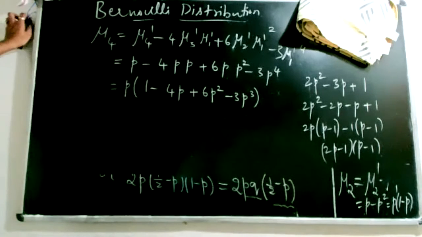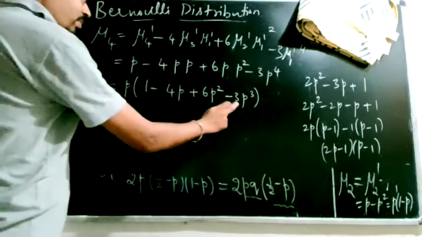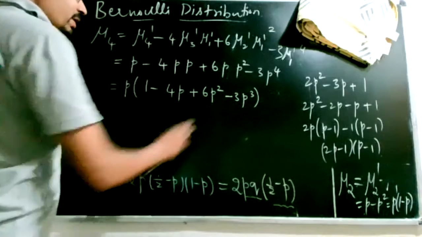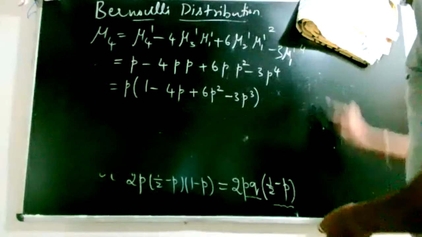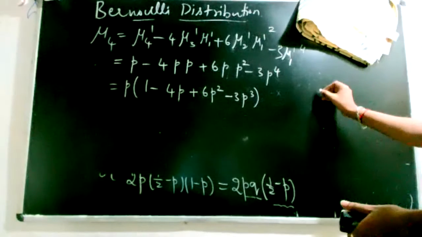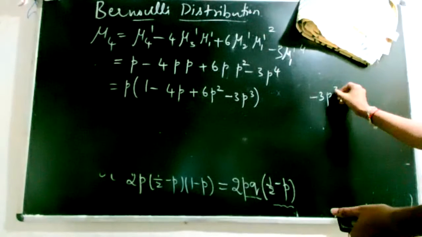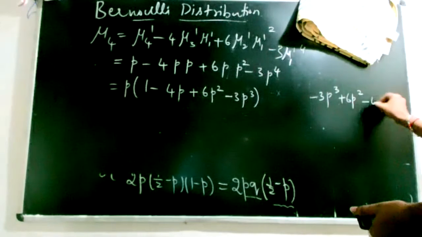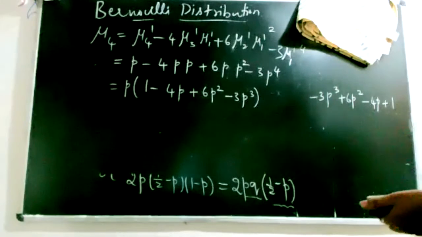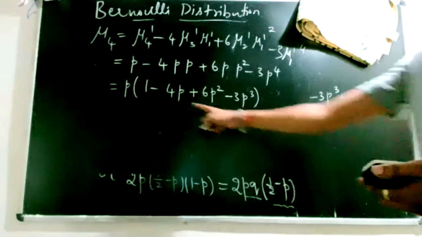Now you have to somehow bring it to a simple form, as we did in the case of mu3. This is a cubic equation, and it looks like p equal to 1 is a root, so you can factorize this in terms of p minus 1. So I have minus 3p cube plus 6p square minus 4p plus 1. And if you see that